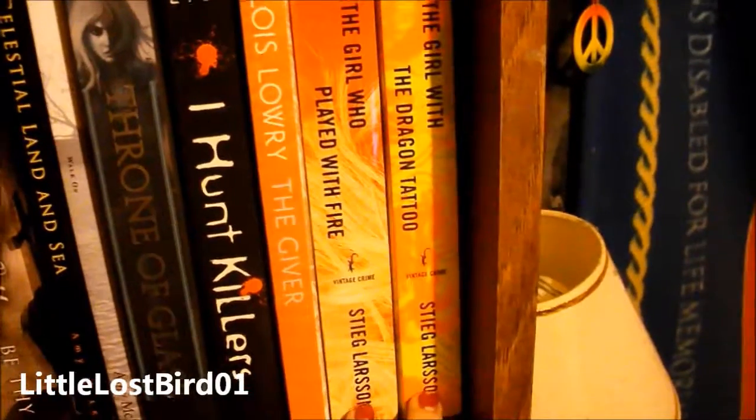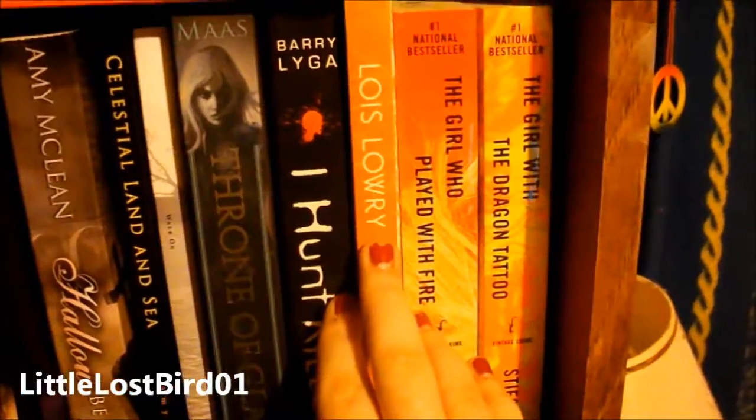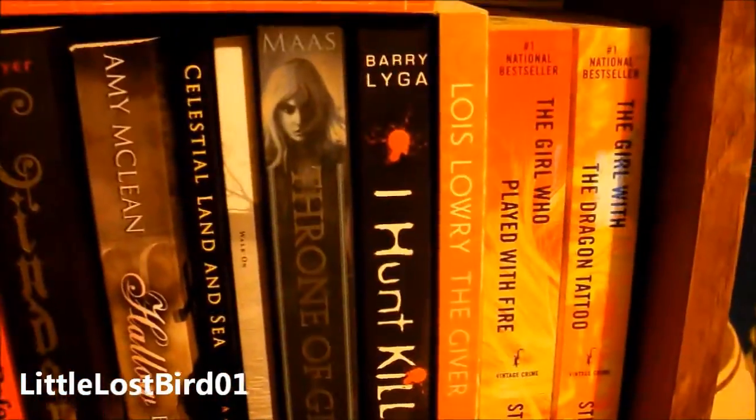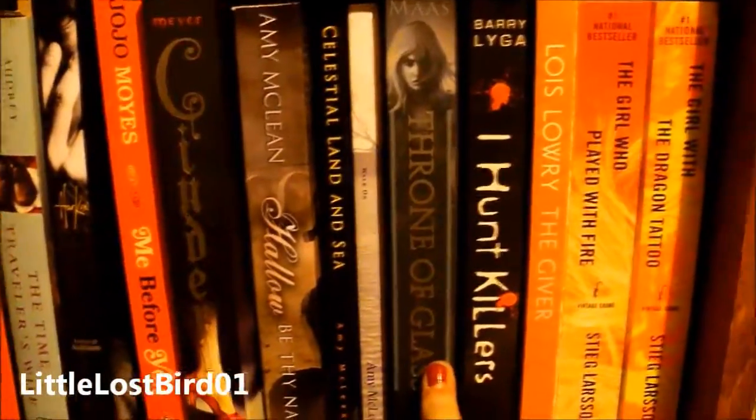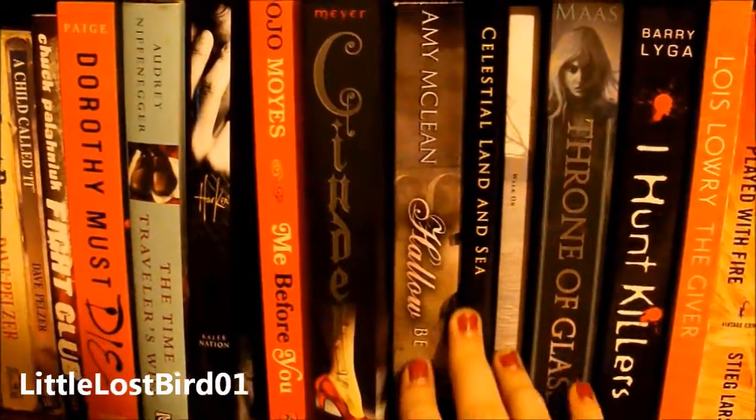I probably butchered his name, but sorry. Then we have The Giver by Lois Lowry, where it should be. I Hunt Killers by Barry Lyga. Throne of Glass by Sarah J. Maas. Then I have Walk On, Celestial Land and Sea, and Hallowed Be Thy Name, all by Amy McLean, an